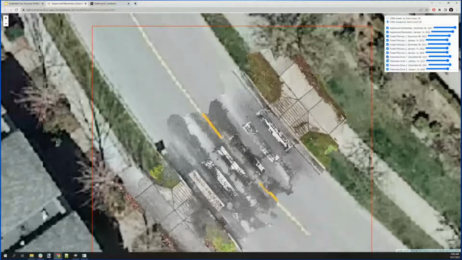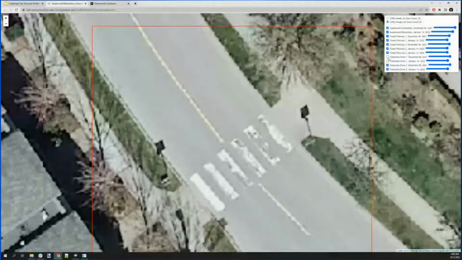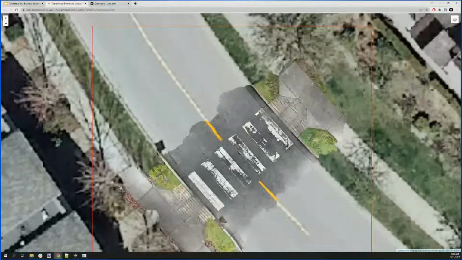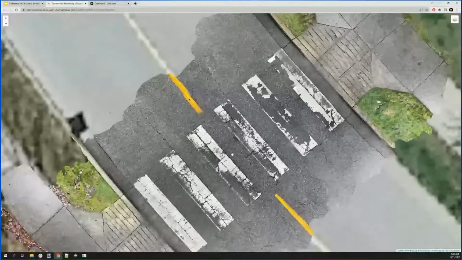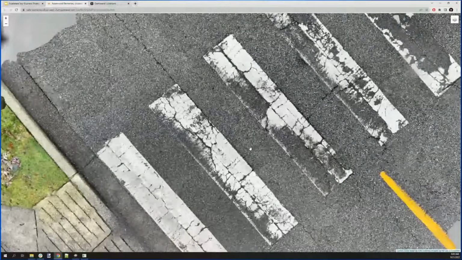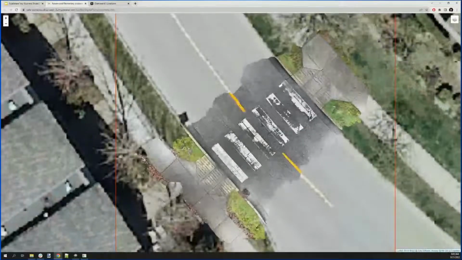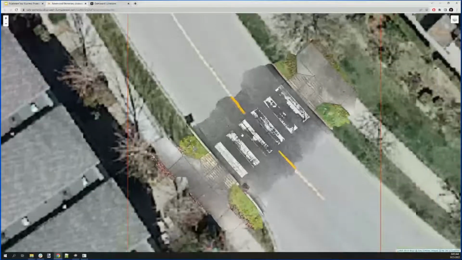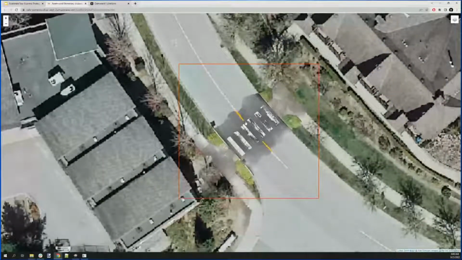So I can turn off the scans, and you can see the resolution of the imagery provided by the city. And then that's the quality of the scan. So it's probably really a millimeter resolution. You can see it here. So pretty nice. So I made those scans, and I made two of them for each of the crosswalks with